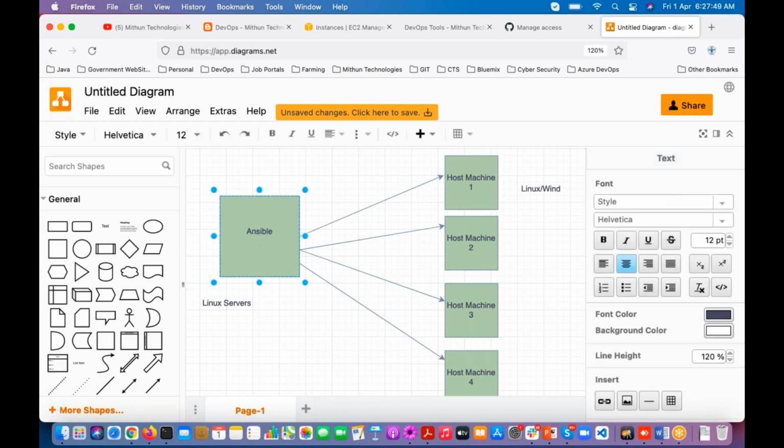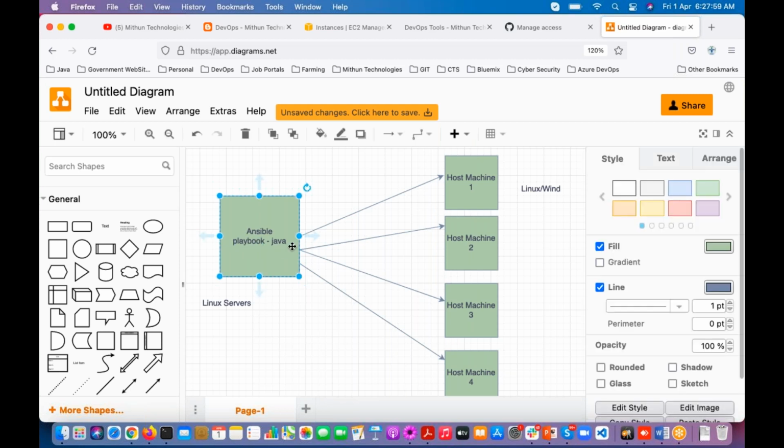In the playbook, we are going to write how to install Java. So if you just run this playbook, it is going to execute in all these host machines, whatever host machines we have configured. So it is a push-based architecture.